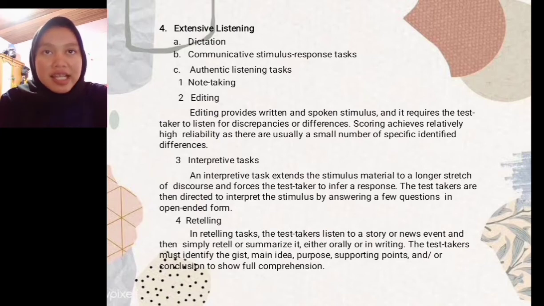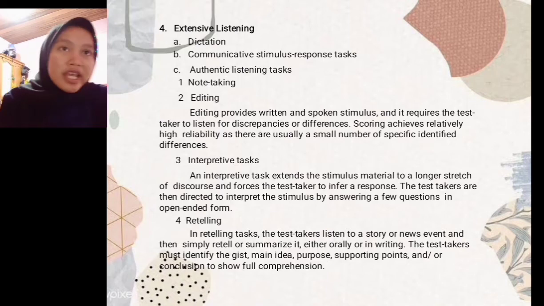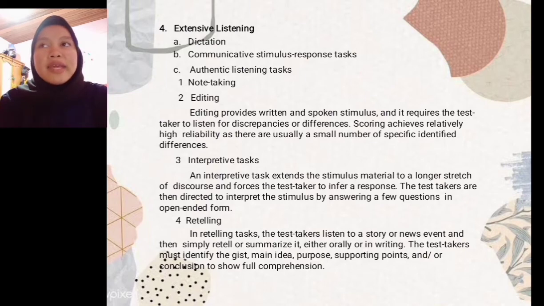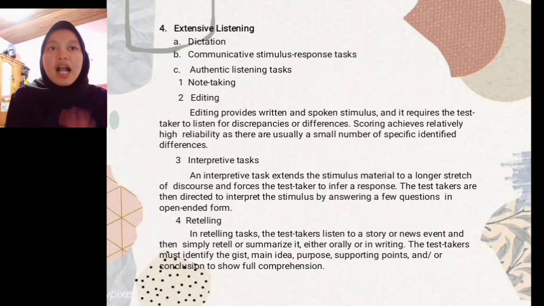For dictation ini lebih ke si pendengarnya itu akan mendengarkan bacaan sekitar maybe 50 until 100 sentence yang dibacakan maybe for 3 times. Pada proses pendengarannya itu, firstly, cara mendengarkannya itu dengan secara cepat tanpa jeda untuk mendapatkan intisarinya. Selanjutnya, di proses selanjutnya ada mendengarkan secara pelan, kemudian menjedanya. Lalu si pendengar ini akan menulis apa yang